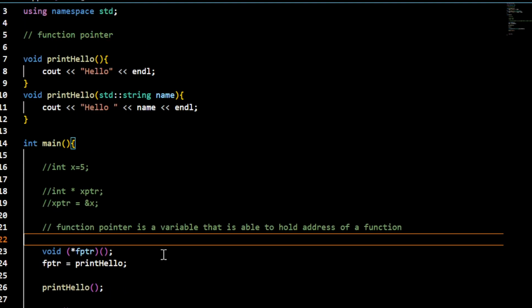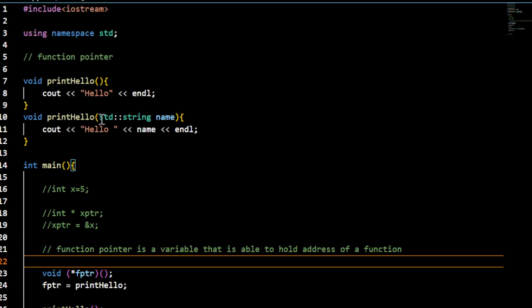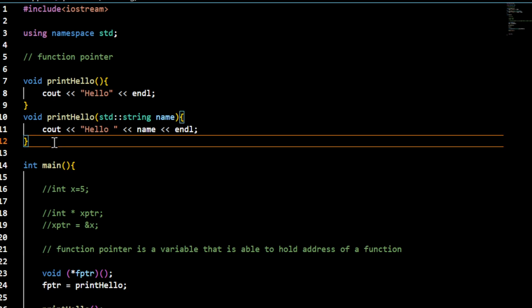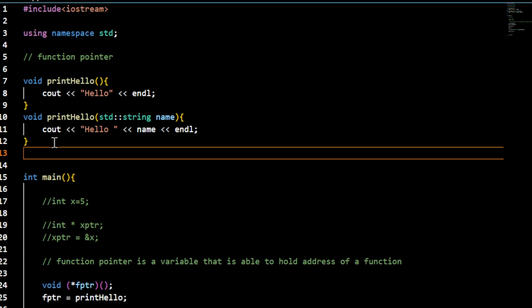Right. So if we have a function with a different signature, then we need to create another function pointer. If there is a slight change in the type of the function, then you need to create another pointer. But if I have another function with the same signature,